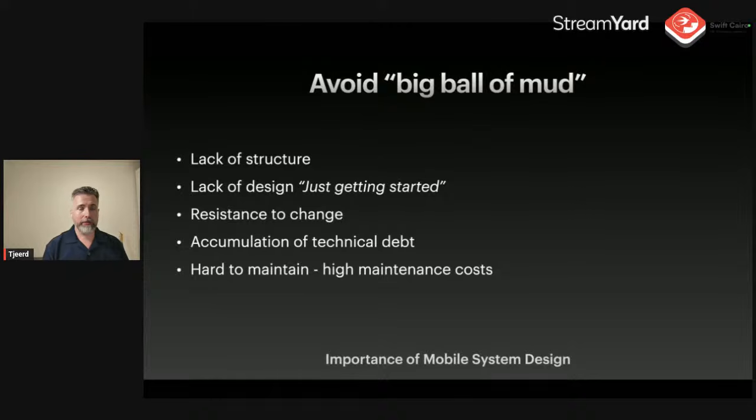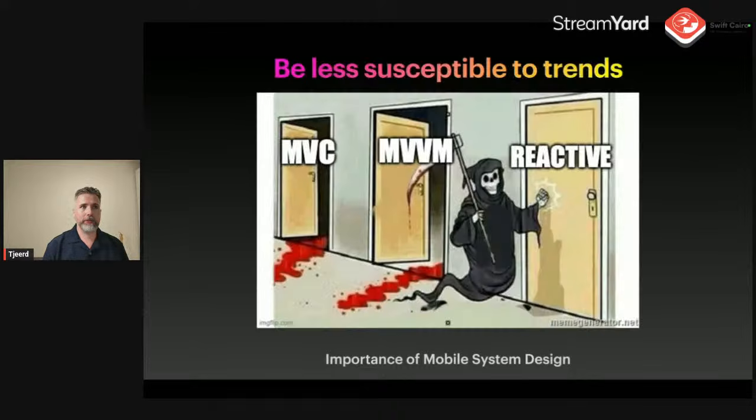Another reason you want to have a good design is you don't want to be so susceptible to trends, right? Like I said, we go from MVC to MVVM, and then people say, no, reactive is the future. And then people say, declarative is now the future. I've been in this industry, I think, since 2010, this specific mobile industry, and there's always something. And I think if you're in there long enough, you start to see it's just the same rhythm. Something gets introduced, the community is like, yeah, this is what we should do. And then everybody sort of migrates their code base, and then the next thing comes, and then the next thing.